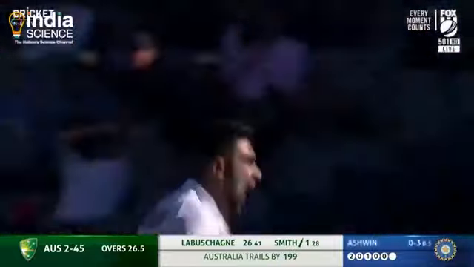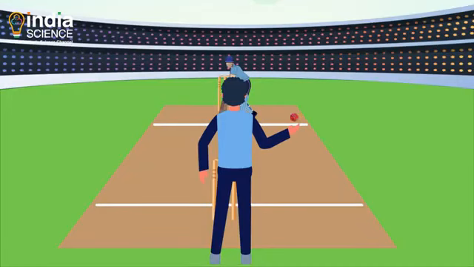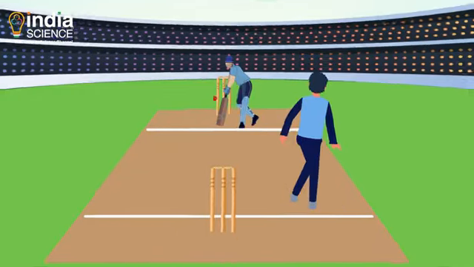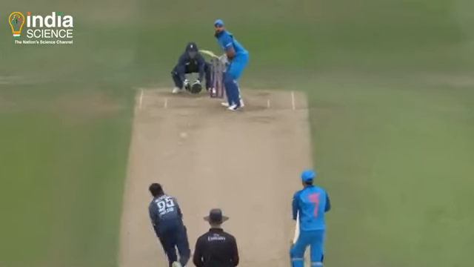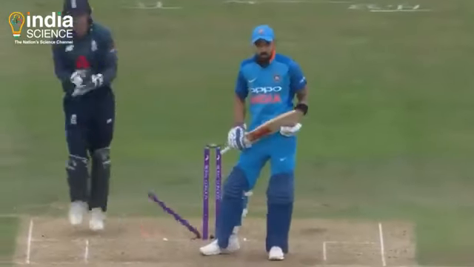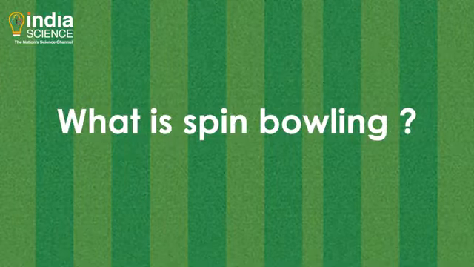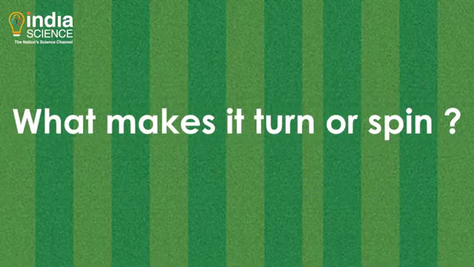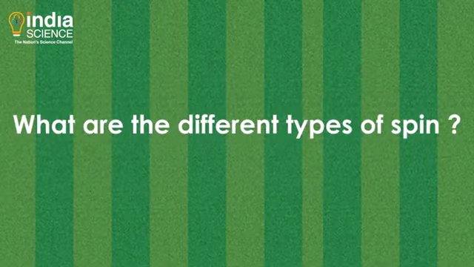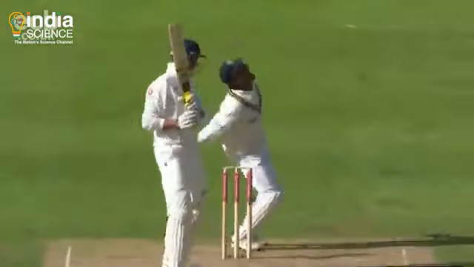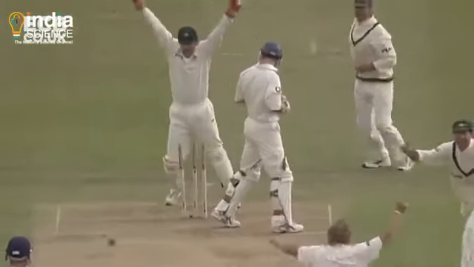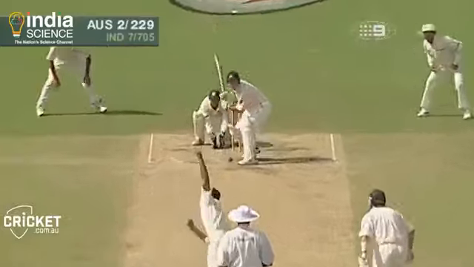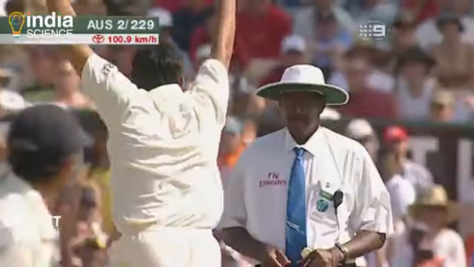In the world of cricket, spin bowlers know how to turn a ball, and sometimes they even turn the batter's head too. The spinning or turning ball is a mystery for the batters. But what is spin bowling? What makes the ball turn or spin? What are the different types of spin? Bowlers might know this art quite well, but do you know that there is a lot of science hidden in it? Watch this video of Explained till the end to know all about it.